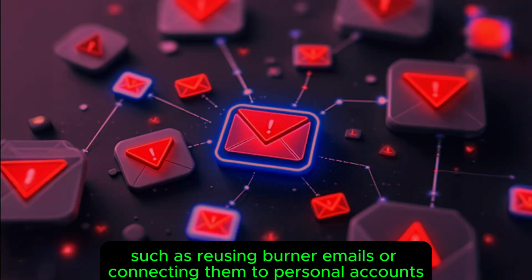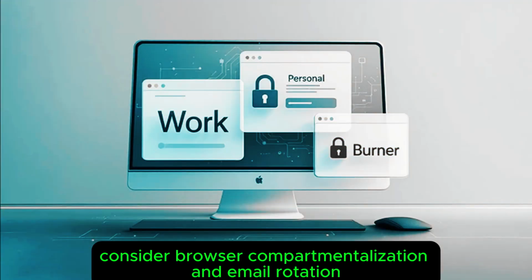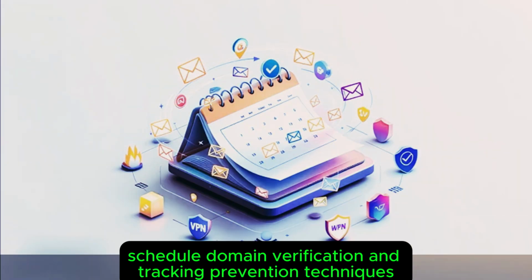to personal accounts. For power users looking for advanced privacy setups, consider browser compartmentalization, an email rotation schedule, domain verification,